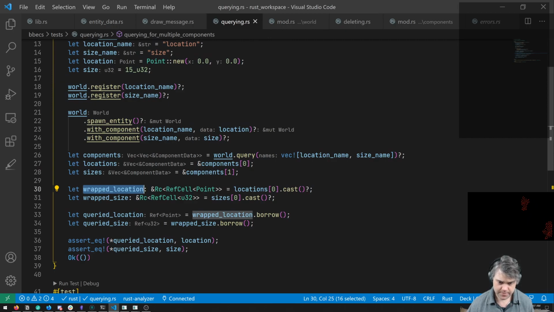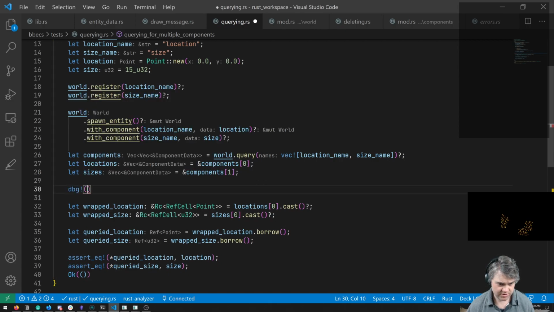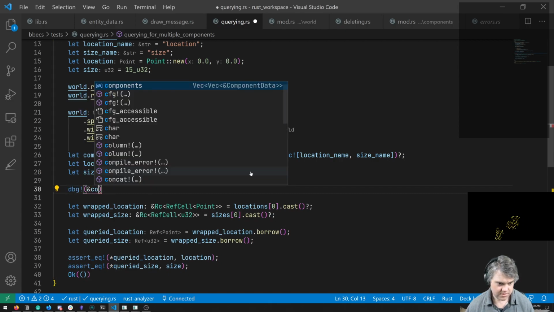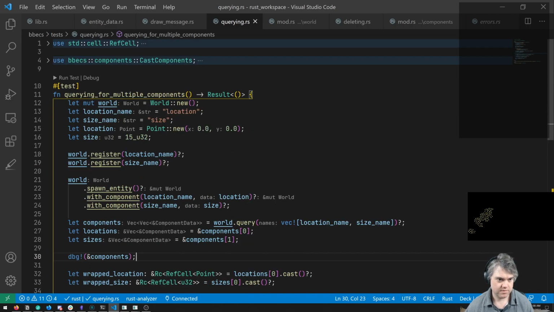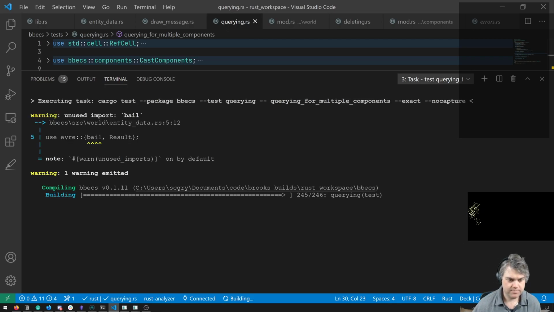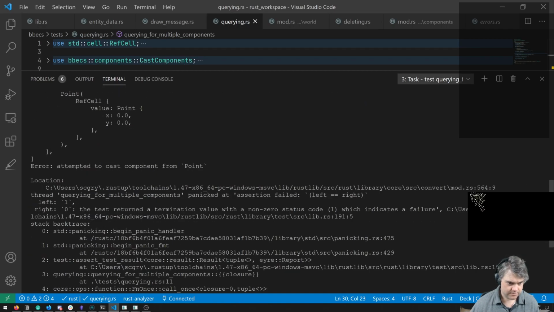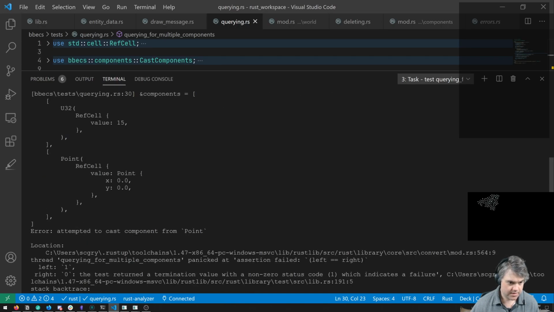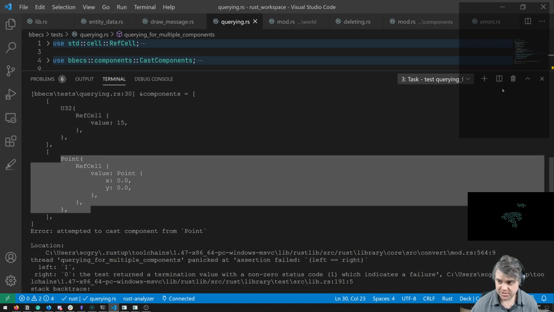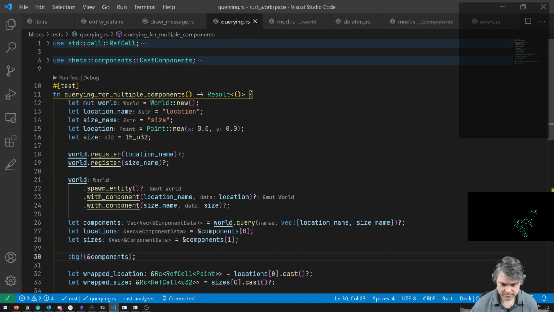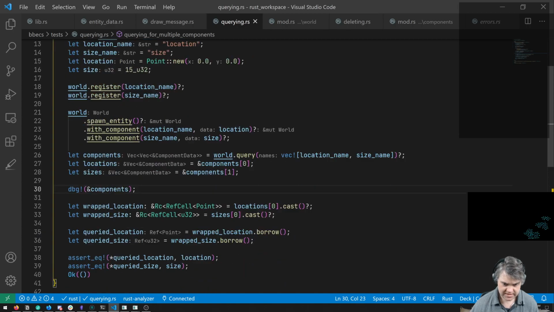location name. So let's do a debug really quickly of components. We have U32 and points. We have it in the opposite direction. That's our problem. We have them in the opposite direction again.